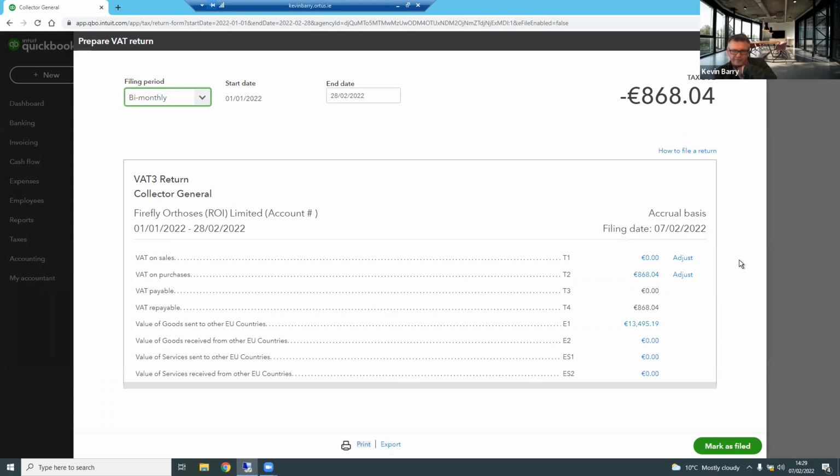Yeah, so that's kind of showing you where we are for January, February at the moment. If somebody has changed something, remember I said it clamps the purchase and the sales VAT? If somebody's changed an old invoice that we've already declared on, and it changes the VAT, there'll be,